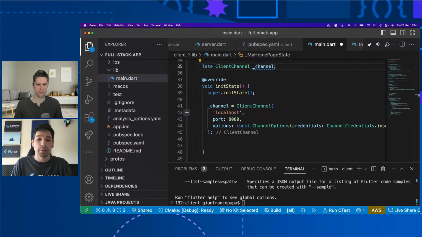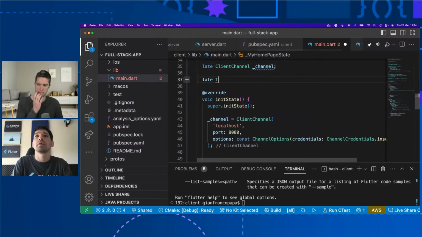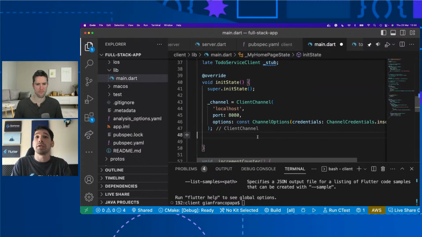And to do that, let's quickly review how to use that. Basically, we will need to call another auto-generated class that we have. That will be the to-do service client. So let's put here a to-do service client, and this will be our stub. Okay, so we can also initialize this in our init state.